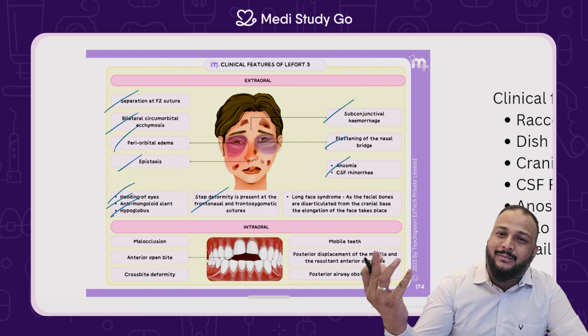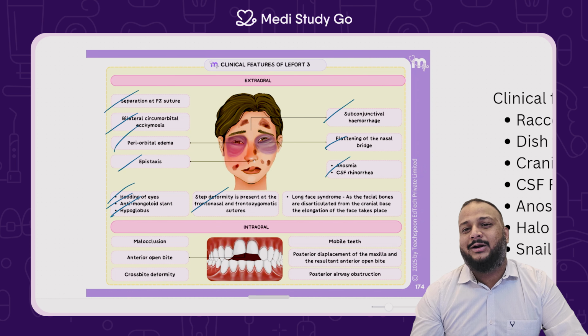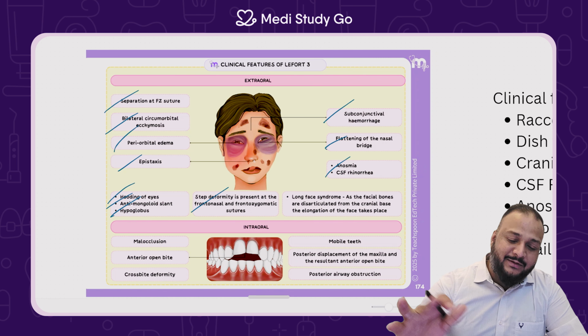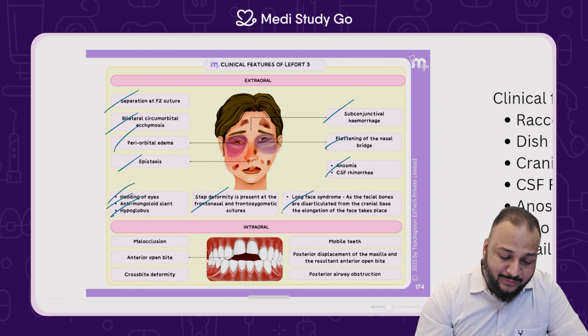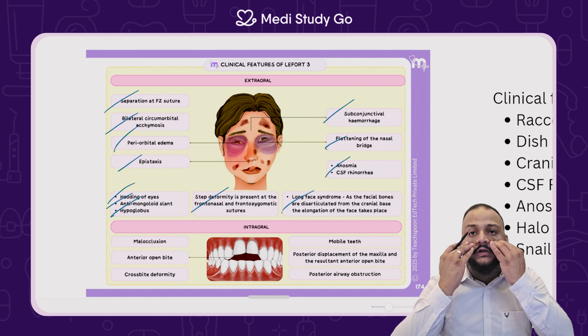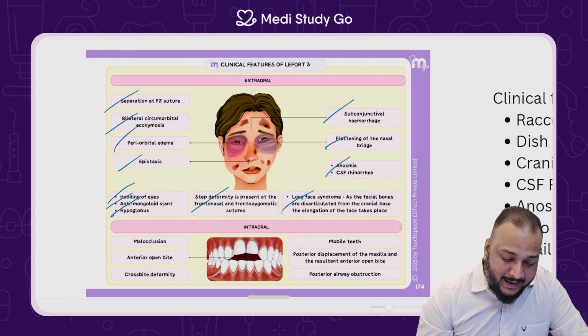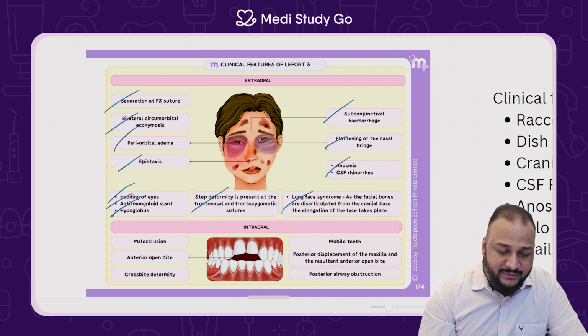We have been talking about a step deformity since we talked about mandible fractures. So a step deformity is mandatory almost in all the displaced fractures. Apart from that, long face syndrome. Like I said, the face becomes elongated. Apart from that, the other clinical features include